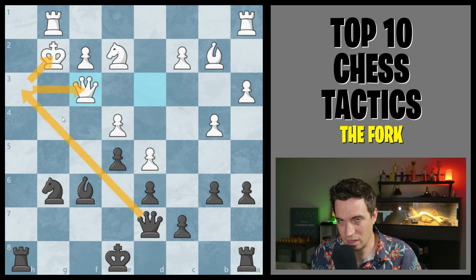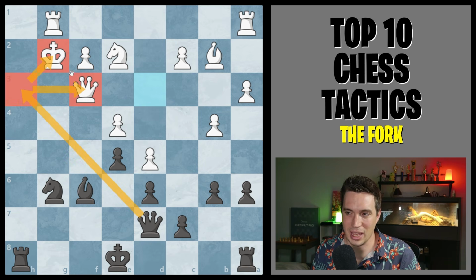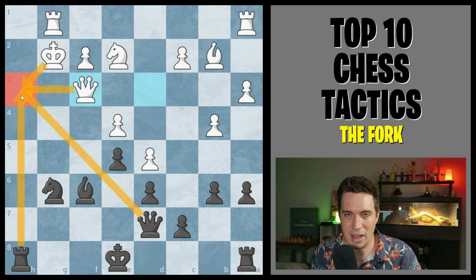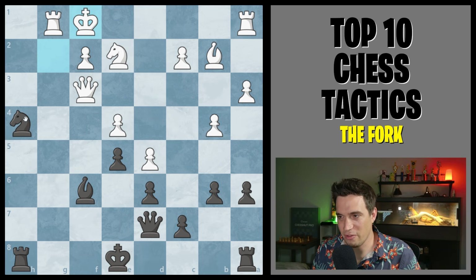So this is technically a fork, but probably not the best move here, because if I move here, I attack the queen and the king can just kill my queen. And yes, I can capture back with my rook, but then the king captures me and I haven't won any material, I've instead just lost a rook. How can I attack 2 pieces with one of my pieces? Well, hopefully you're able to spot the move knight to h4. And knight to h4 is the winning move because we force the king to move away